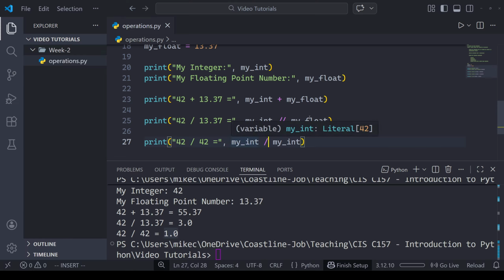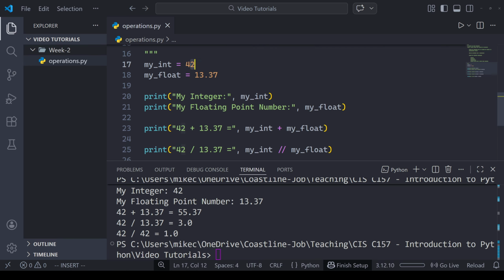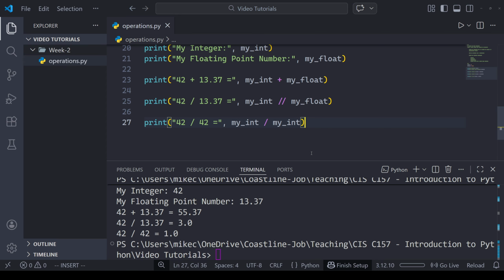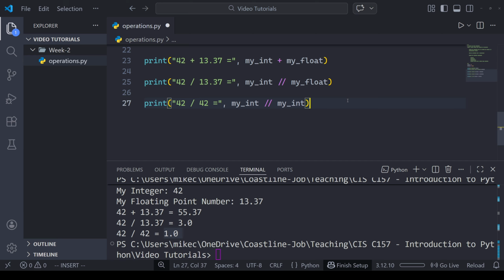And so that's an important thing to keep in mind. There might be some programming applications where it's important that you keep your type an integer and you don't have it converted to a float, or maybe you don't want the decimal printed. So again, even though we're only working with integers in this whole line right here, it gets converted implicitly to a float when we're doing regular division. If I change this to do that floor division again, it won't need to round anything because the result is 1 already.